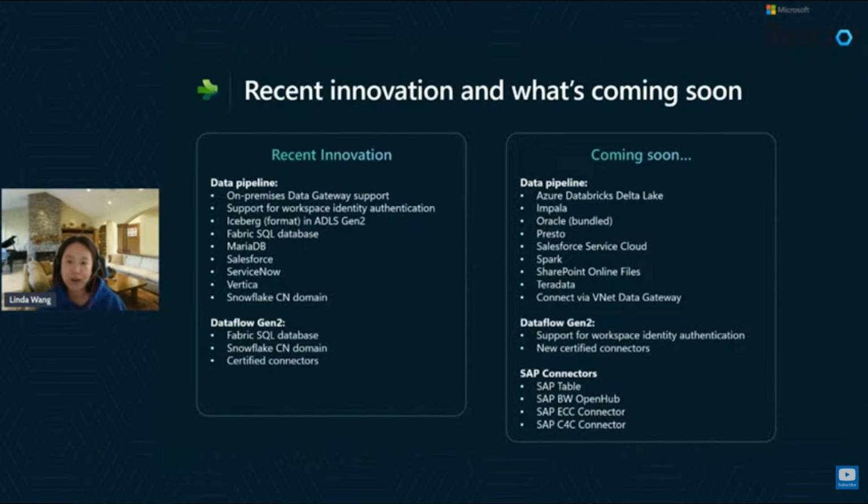For features upcoming, as usual, we keep adding more capabilities. It also includes a number of new connectors that we are working on, like Databricks, Impala, Oracle, Spark. Those are the ones that are frequently asked for by different customers. And also, to support different network conditions,